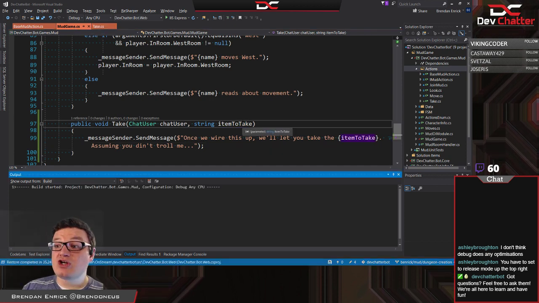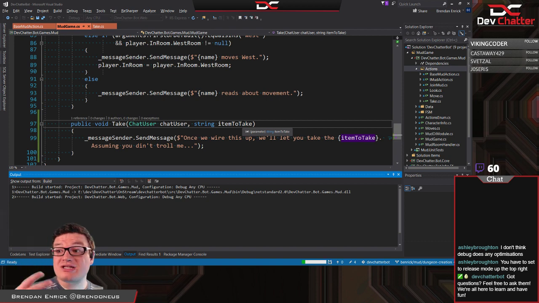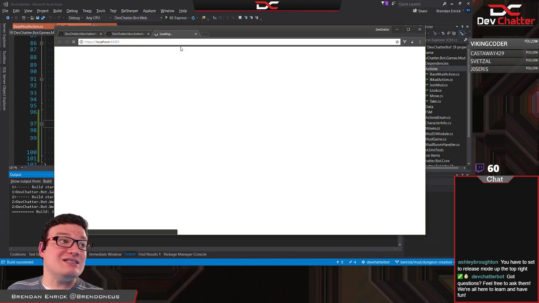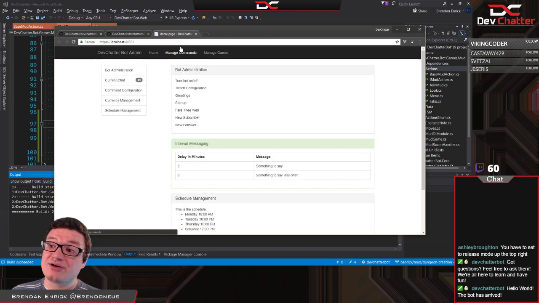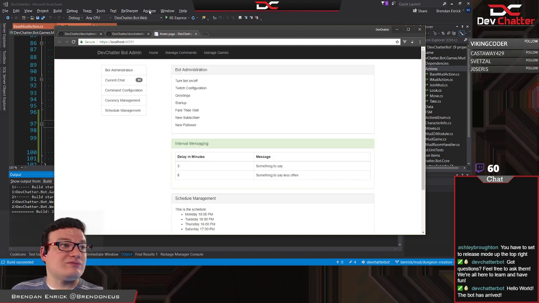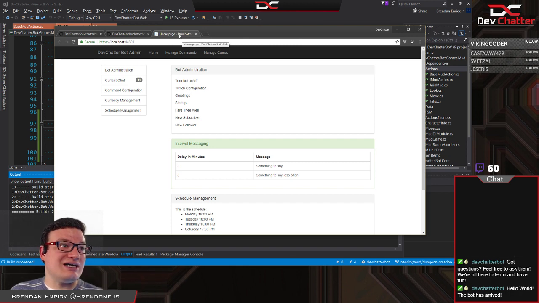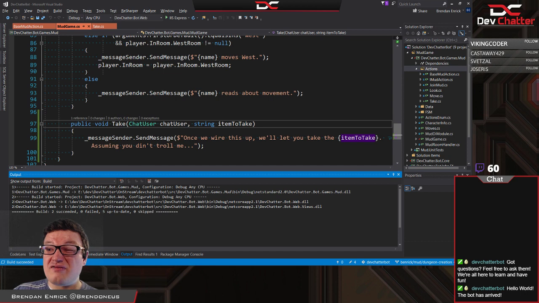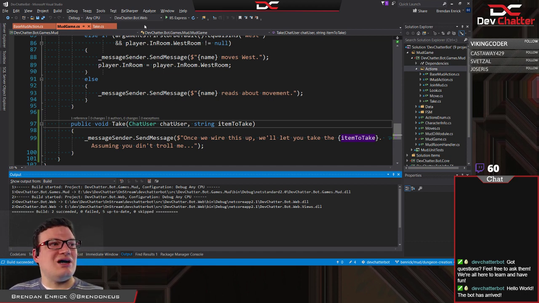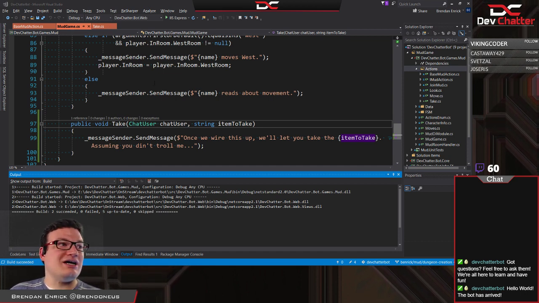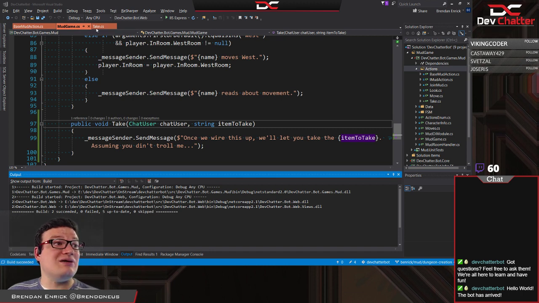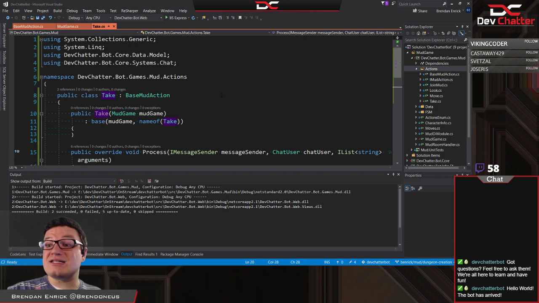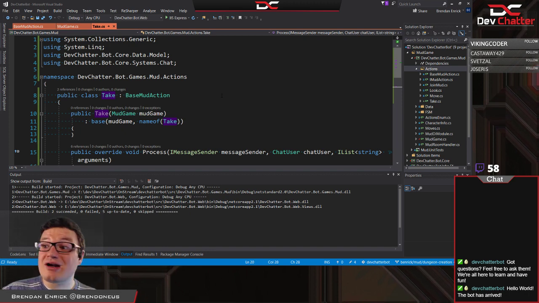And remember, because of the open-closed principle and the way we structured our code, using an interface and applying the strategy pattern here, and actually this is technically the command pattern, which is a derivation of the strategy pattern, we don't actually have to do any work. I created that class just now, this take command right here. I didn't put it anywhere. I didn't tell anything about it. I didn't tell the game about it. I didn't tell the module about it.